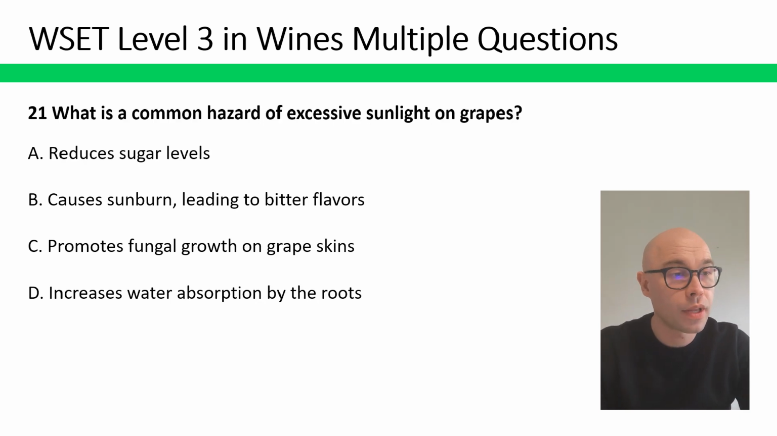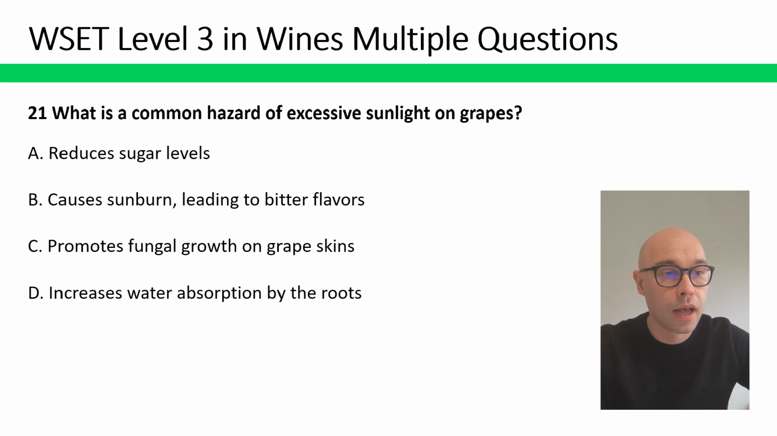What is a common hazard of excessive sunlight on grapes? Reduce sugar levels, causes sunburn leading to bitter flavors, promotes fungal growth on grape skins, increases water absorption by the roots. The correct answer is B, causes sunburn, leading to bitter flavors. So in a warm climate, you actually need to protect the grapes from the sun by shading them with their